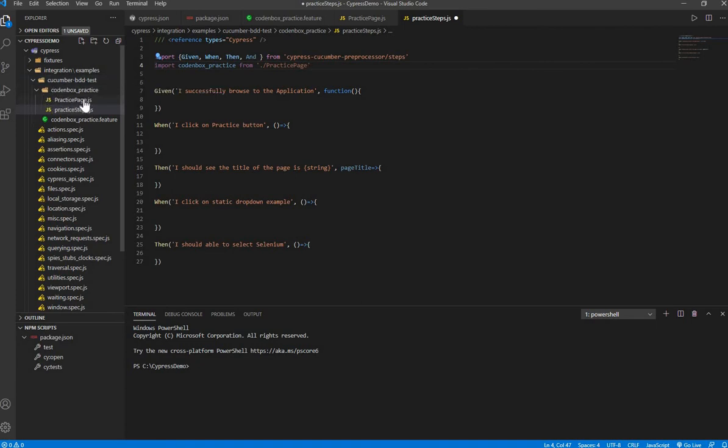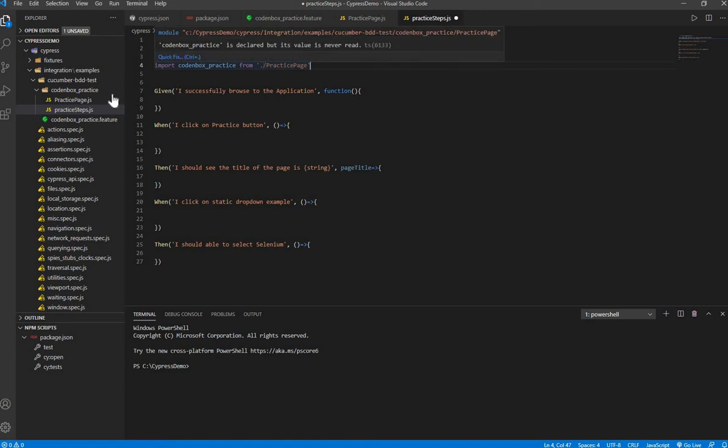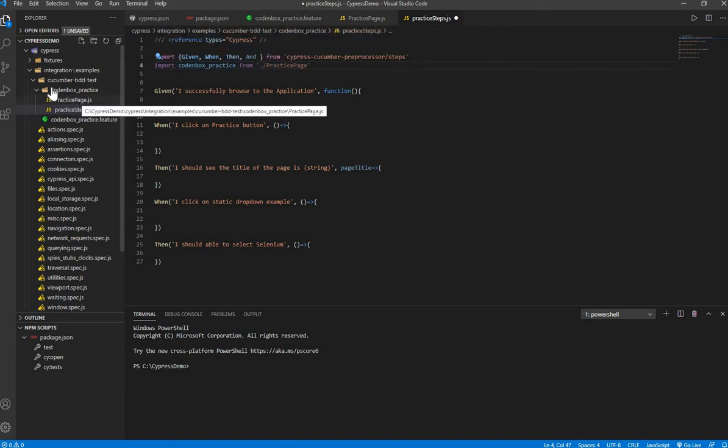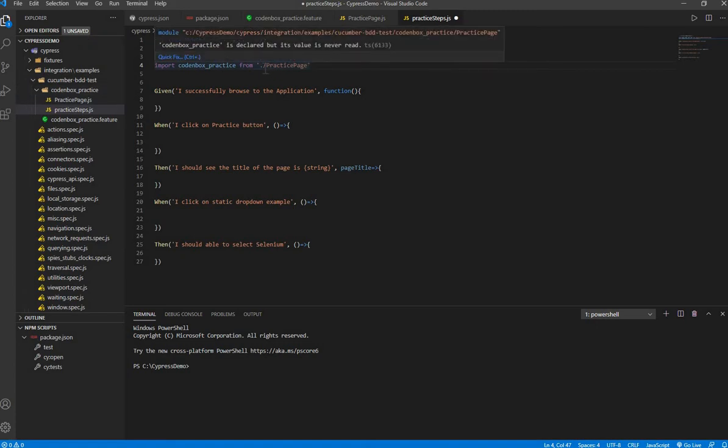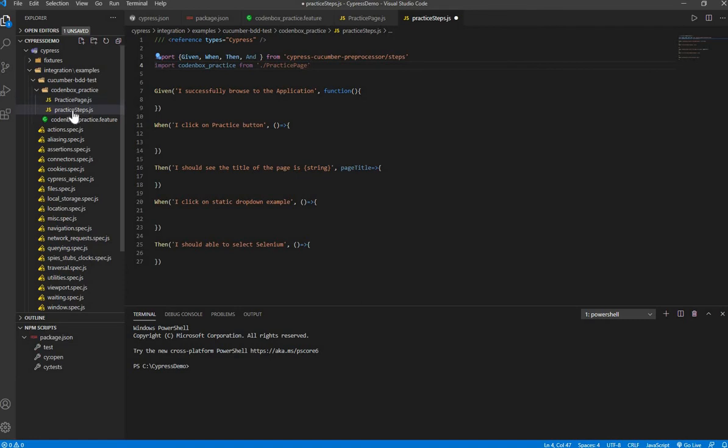So this class is just inside one folder, so it should be out of this folder so that it could be at your project level. To go out of one folder, one step back, you have to put one dot. If you have this inside two folders, then you have to put two dots. So this one dot means you are putting these classes outside of this folder and on the project level, so that it can talk with your other project files, like your features files, everything, right? So this is the way